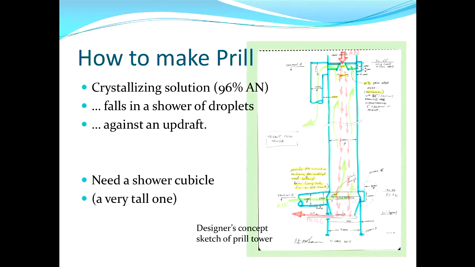the prill tower, and the air in this case is recirculated. This is a design of a recirculating prill tower. They don't always recirculate the air. If they don't, you get waste air at the top that's full of ammonium nitrate, and the countryside for kilometres down the road is heavily,